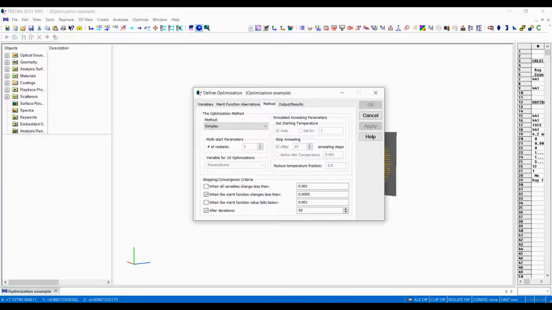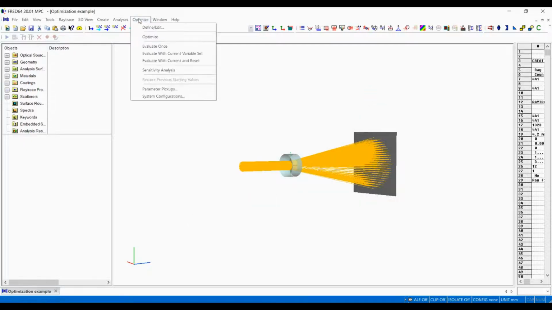And here you can see I've set the merit aberration to run for 50 iterations or until the merit function changes less than 0.0005. So after we've defined this, we can close this down, go back to the Optimize tab,